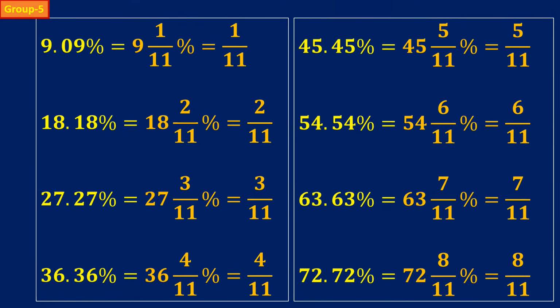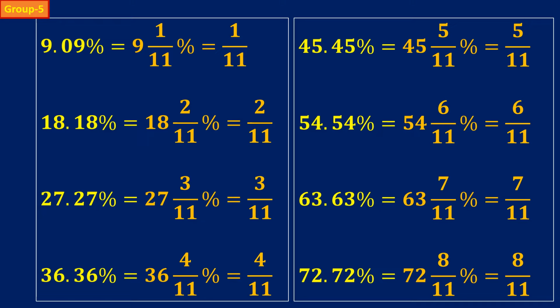In Group 5, 9.09% or 9 by 11% is equal to 1 by 11. Let's multiply both sides by 2. We get 9.09 into 2 will be equal to 18.18%, or 18.2 by 11, which equals to 2 by 11. Similarly,